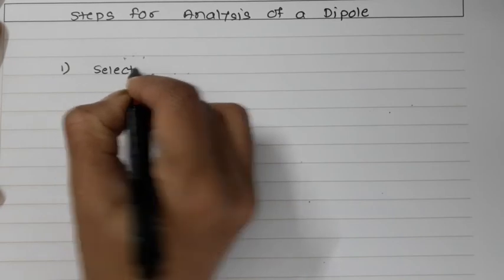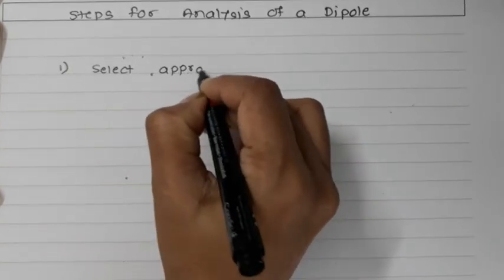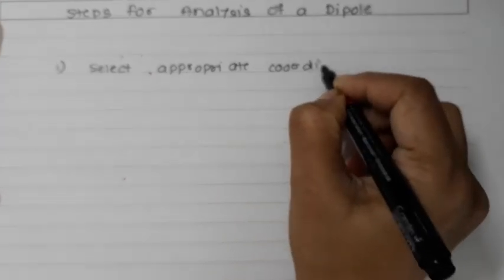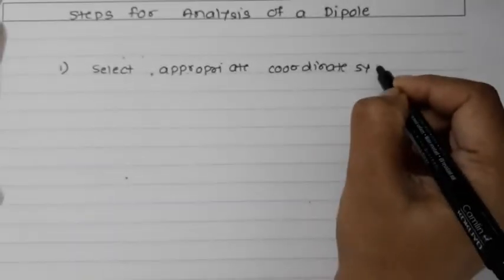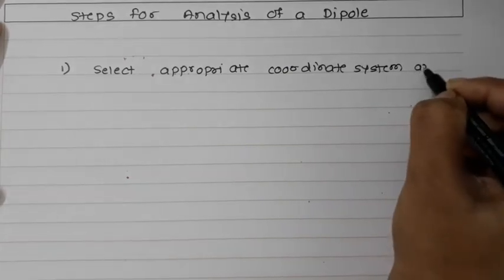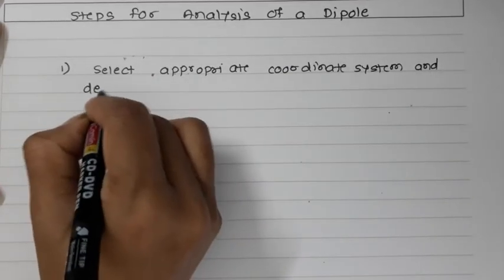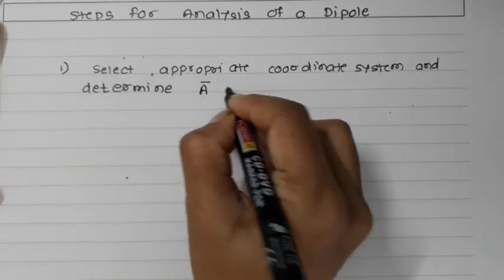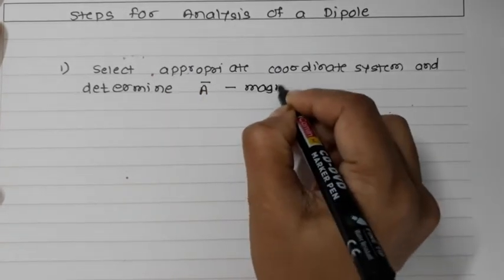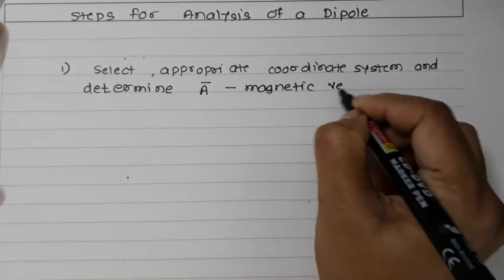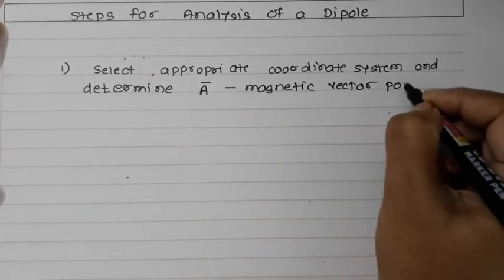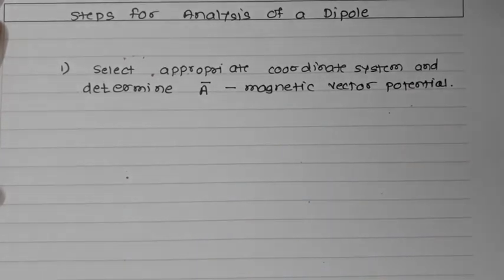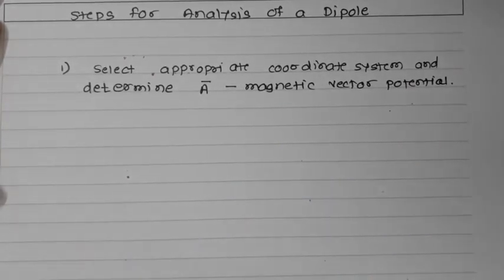So the first step is to select an appropriate coordinate system and determine A bar, which is nothing but the magnetic vector potential. So first you need to find out the appropriate coordinate system to find out